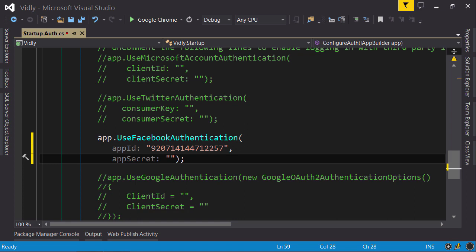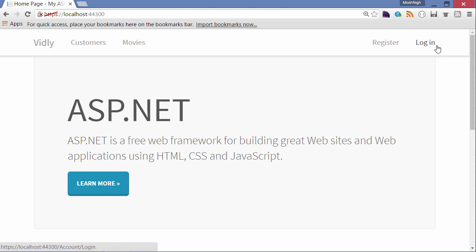And that's pretty much all we had to do. So you see, using social logins is pretty easy. We just need to register our application with an external authentication provider, get an app ID and a secret, and then come to this class and enable this piece of code like use Facebook authentication. Now let's test this. If we go to the login page,